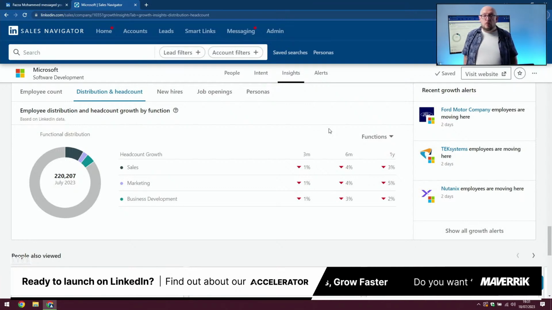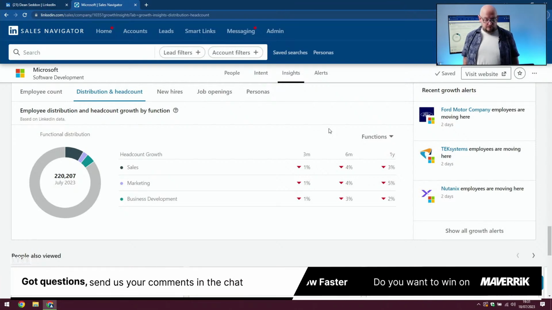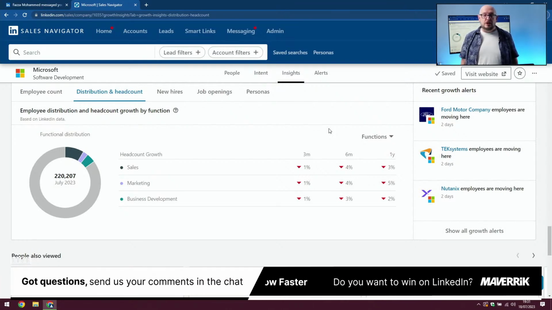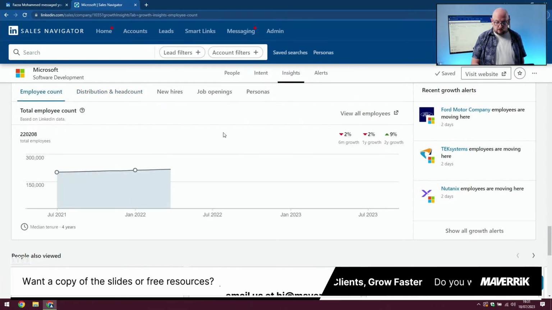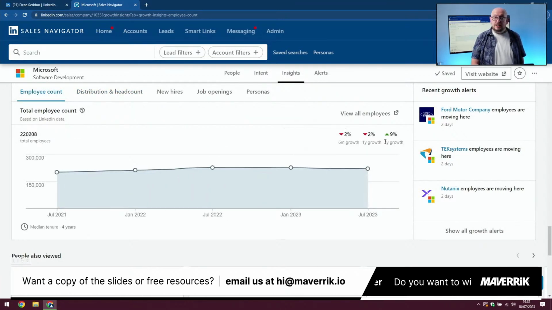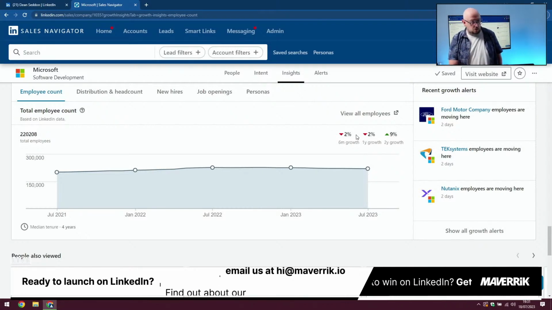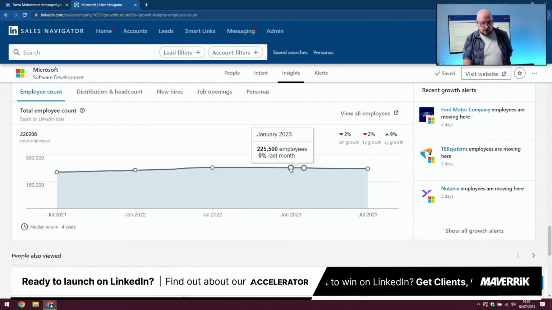Now, in a small business, that's not a lot, but in Microsoft, a 1% reduction in a department or an area of business is huge. And of course, I can look at the total count. If I look at the total count, 2 years up, they're 9%, but over the last 6 months, they're down 2%. So it's only a small reduction